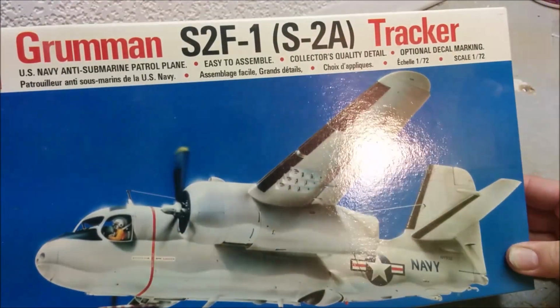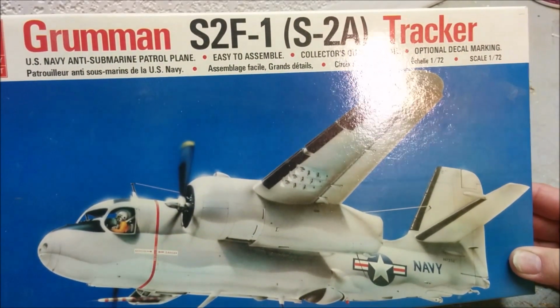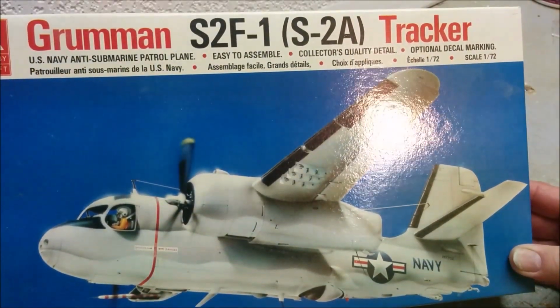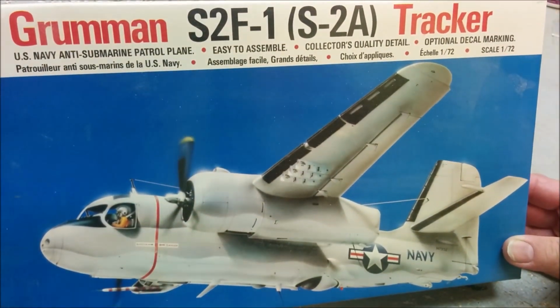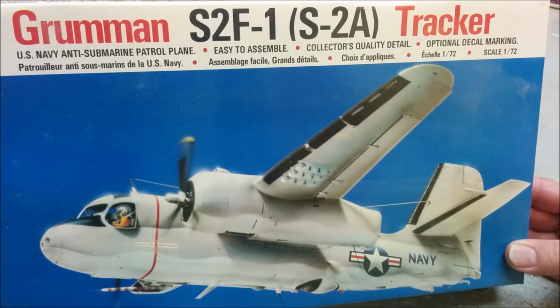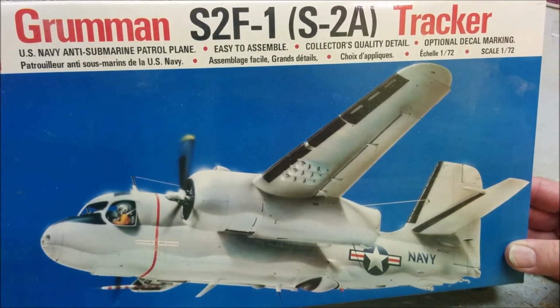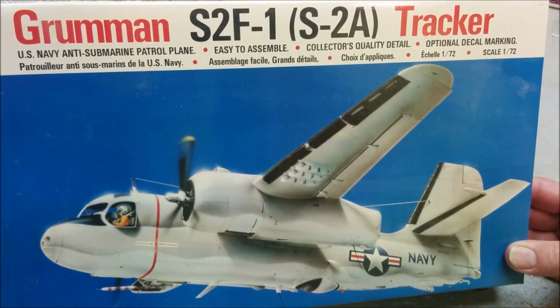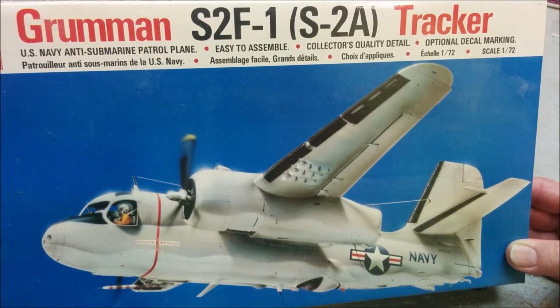And if you didn't watch the Father's Day tribute last year, a bit of an update. This kit was originally my father's kit, and he had it stashed away in his attic. And my original plan was last year I was going to build this for him and give it to him on Father's Day. However, the prostate cancer that he had been fighting for, I think, probably 4 or 5 years,